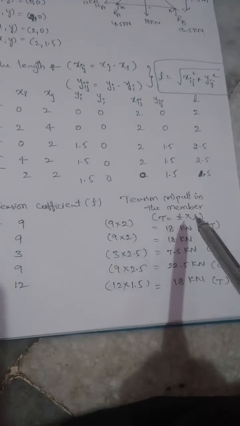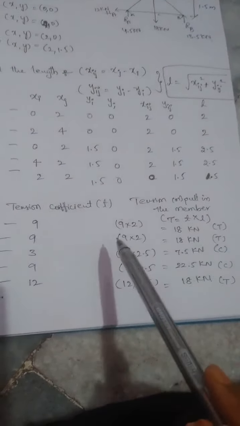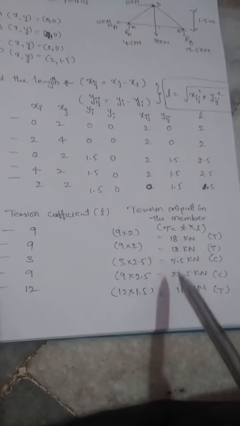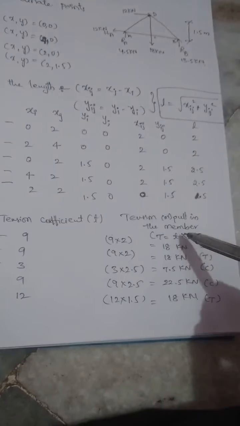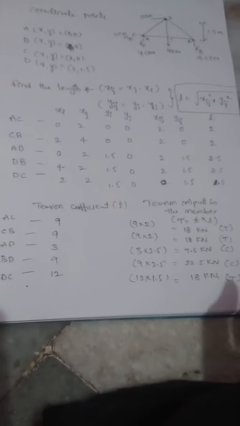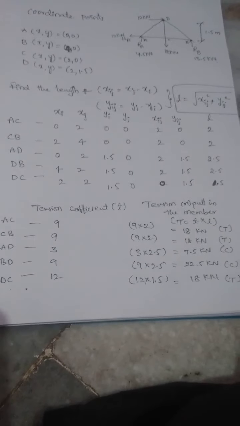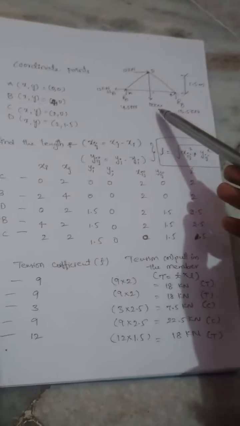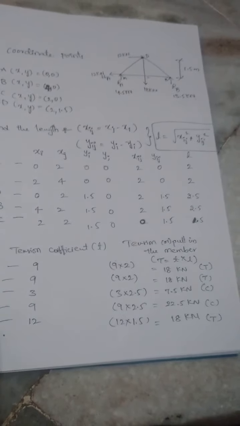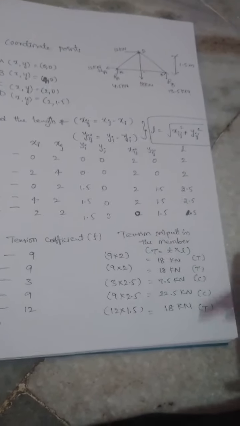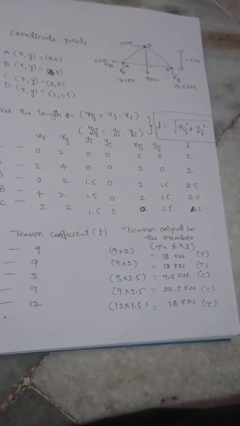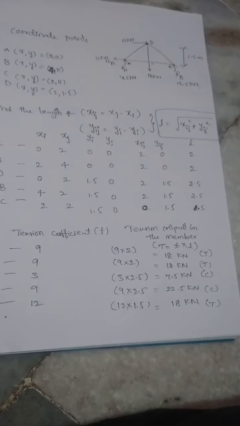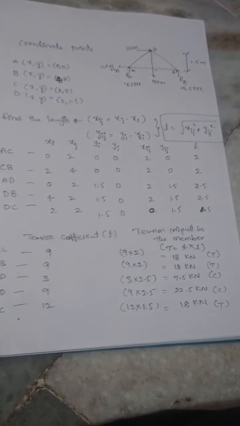And tension or pull of the member will be tension coefficient multiplied with the length, so 2 into 9. Likewise you have to multiply, and finally you will get the values, and you should also mention the nature, what you have assumed and what that you can write here. And there is a thing that you can compare whether you have done correct or not. The same problem we have already done with the method of joints, that you can compare the values, you will get the same. And there one thing was mistaken in the AC portion as 18, but I did some mistake in the direction, I assumed wrong, just verify it and then you will get all the values will be correct. Thank you.